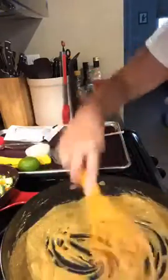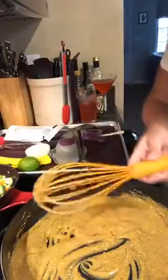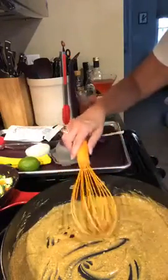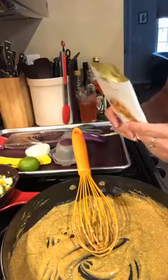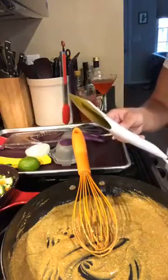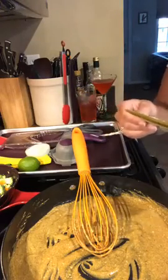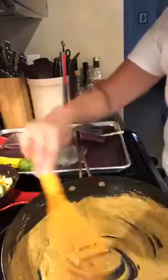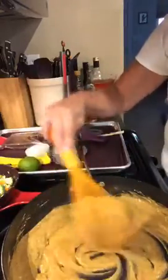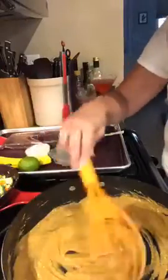Okay, so that's all mixed in. So we're just going to let that simmer. We're going to bring it to a boil and then we're going to reduce the heat and let it simmer for 2 minutes. So the vegetables that I've chopped up tonight, I've got some zucchini, I've got some broccoli, some carrots,